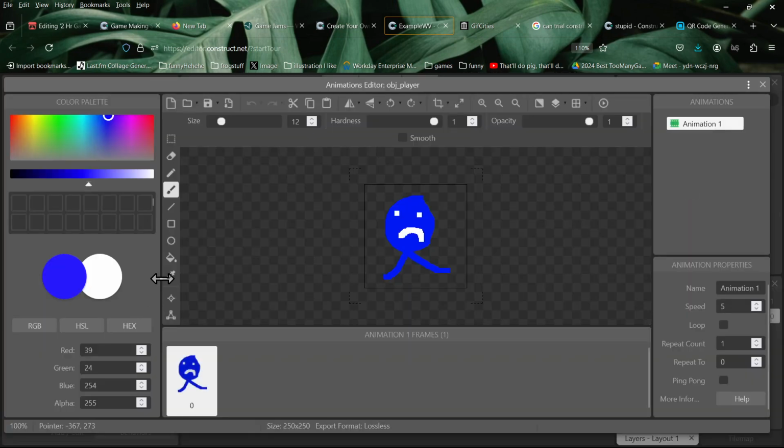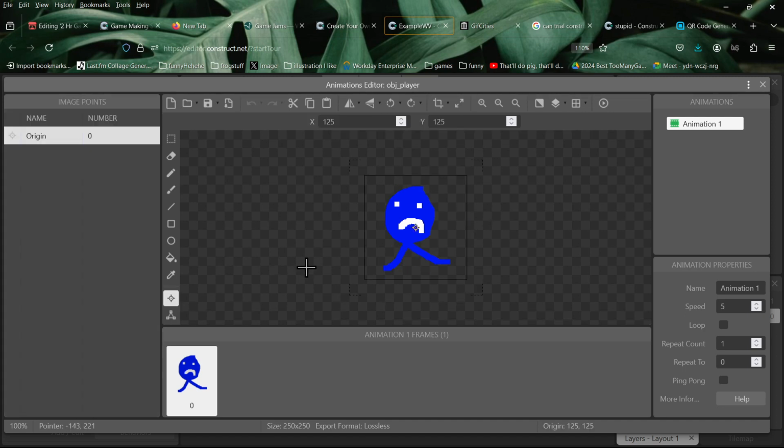Oh yeah, I forgot to show something pretty important. Basically, if you're making a game where a character shoots something, you want to change the image point or at least be aware of where that is. So if you click this, this is where things will spawn off of the character, and you can adjust and move where you want that to be. I would say also for a platformer, just make sure that this image point is at the bottom of the character because that's pretty easy to detect where you're jumping from.